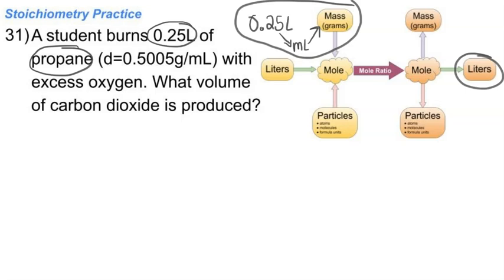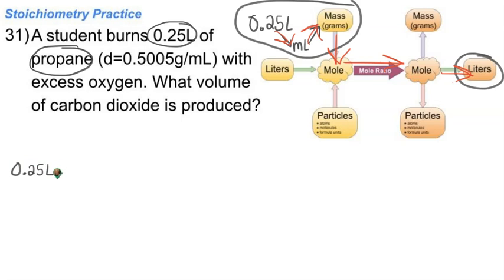So this is going to be a whole lot of steps here. So let's start by counting those. So one step, liters to milliliters, milliliters to grams, grams to moles, moles to moles, and then moles to liters. So 1, 2, 3, 4, 5 steps here. So this is going to be a long dimensional analysis series. That's okay. We're just going to start at the very beginning and work our way over. So we'll start with our 0.25